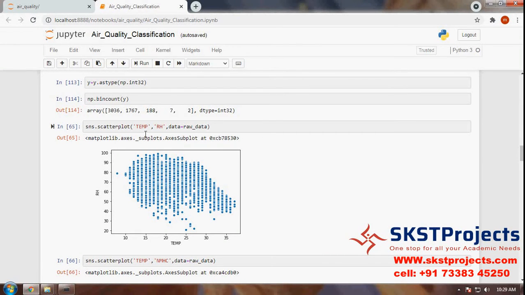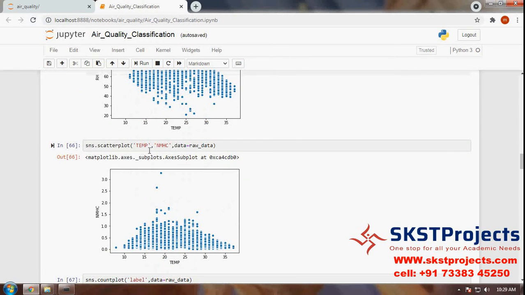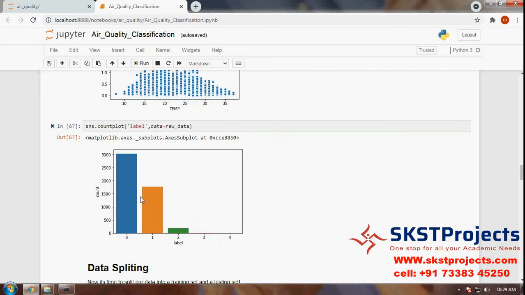Using temp and RH values, we have plotted one scatter plot. Using temp and nmhc features, we have plotted another scatter plot. Then we have created one count plot using the label values and feature values.